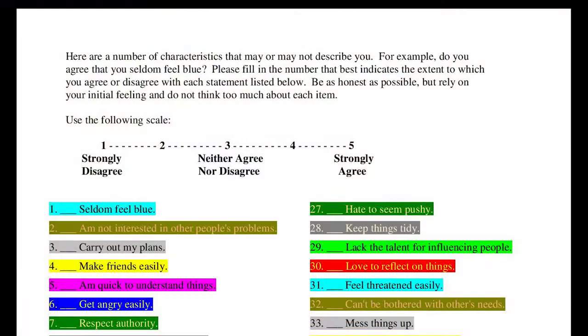So I'll read you some of the questions from the Big 5 aspect scale, and that'll give you an initial rule of thumb estimate about whether or not you're agreeable or disagreeable. And so here are some of the questions. Imagine that you're answering these for yourself on a scale from 1 to 5, strongly disagree to strongly agree. So the first question is, am not interested in other people's problems. So if you are interested in other people's problems, that tilts you towards agreeableness,